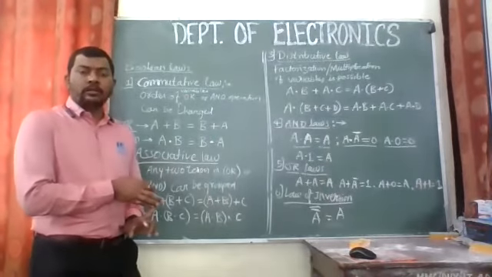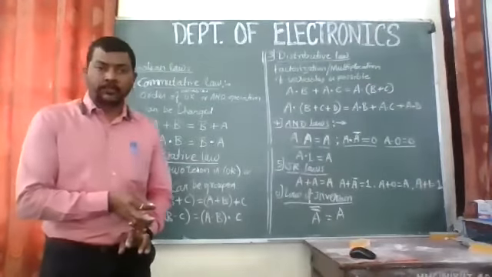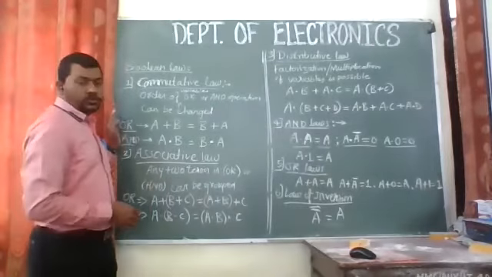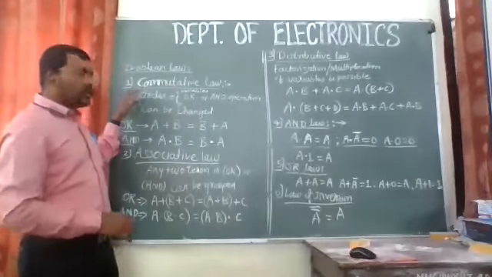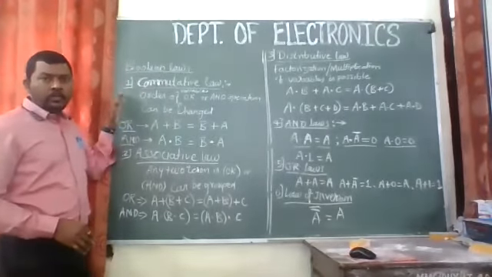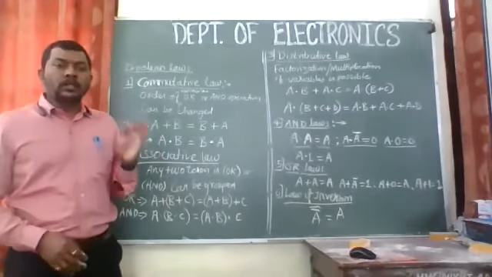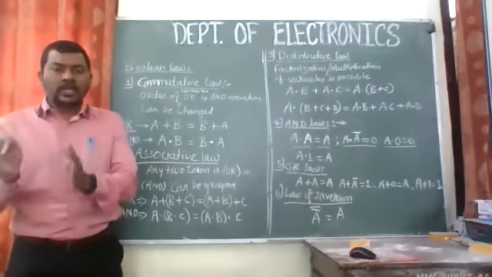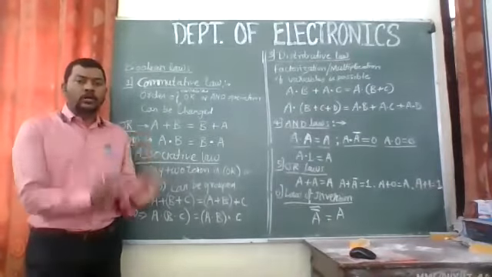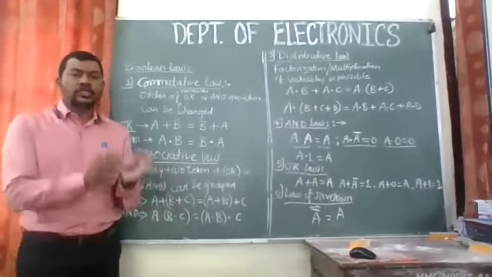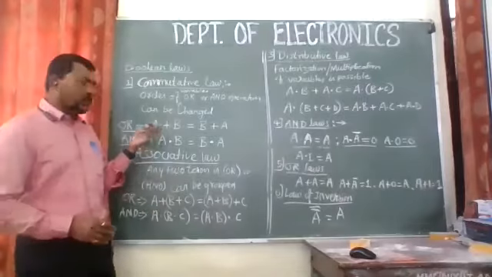We are studying digital electronics. In that, we are trying to learn the Boolean expressions or Boolean laws, right? And in which I have taught you five or six laws, in fact, six laws. The first one is the commutative law. The commutative law states that the order of the variables, the order of the terms in sum operation or AND operation, can be changed. Right? I am repeating it for you again.